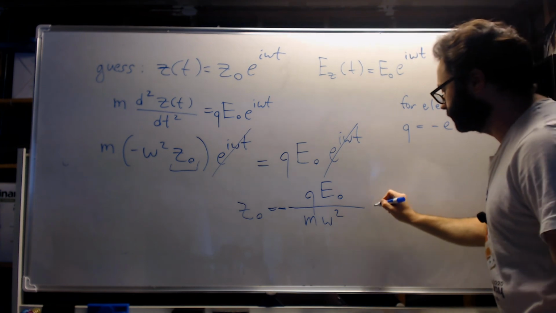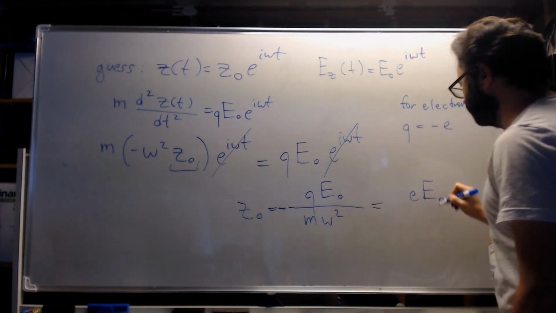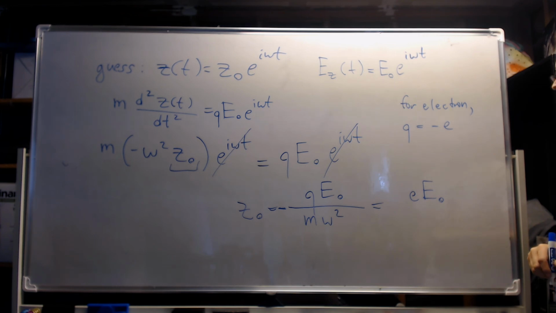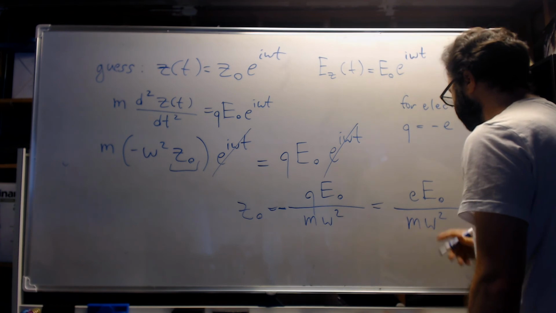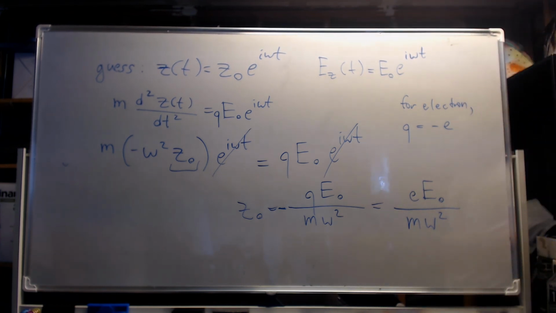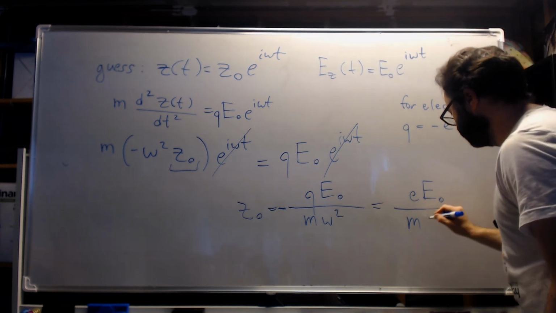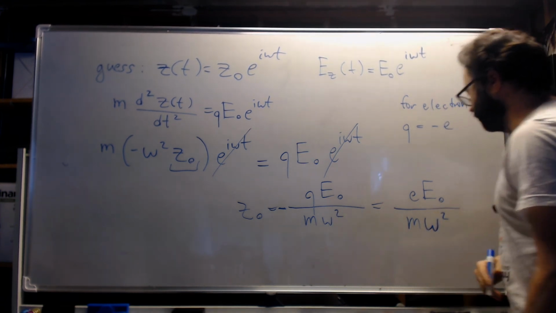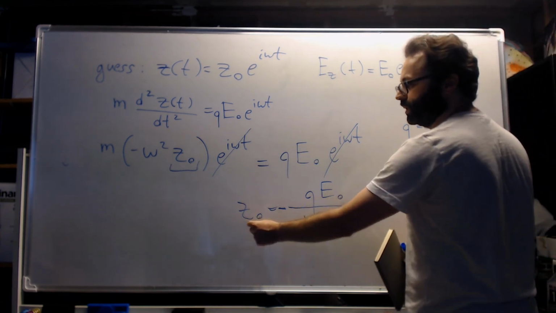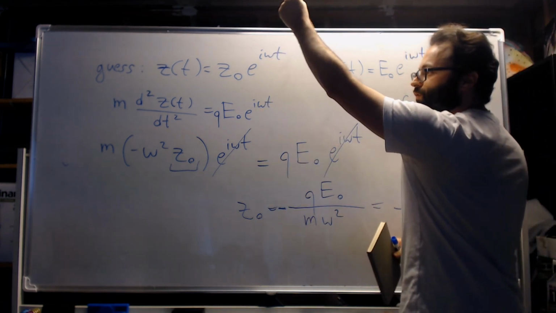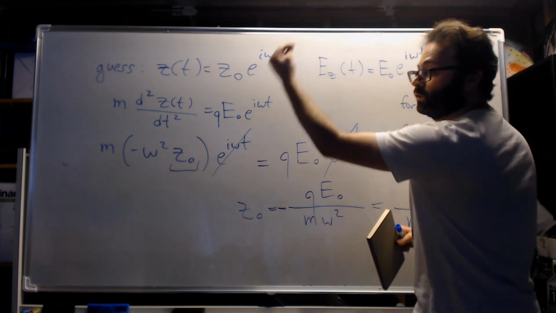And so if we do this, we find e, the charge on the electron, times the maximum amplitude of the electric field along the z-axis, divided by m omega squared. So in words, the maximum extension of the electron, both in the positive z and the negative z direction, the maximum distance it goes before it reverses its direction,